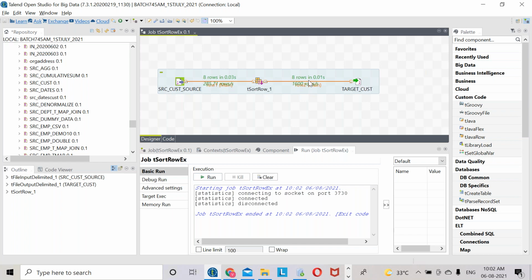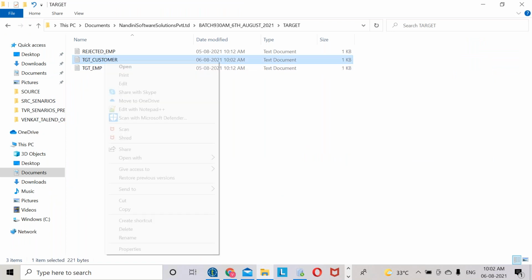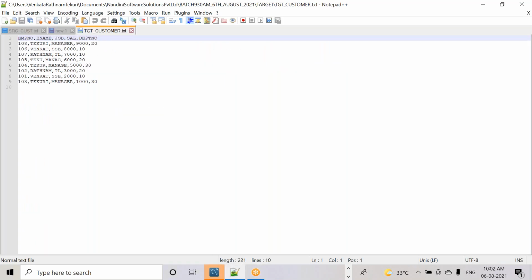When I see my output file, I should see the salary column in descending order. Let me check it. So I have generated the customer file, TGT customer. Let me open the file. Right click, open in Notepad++. Kindly install Notepad++, everyone, if you have not downloaded it so far. So my salary is coming in descending order: 9,000, higher to lower, 8,000, 7,000.